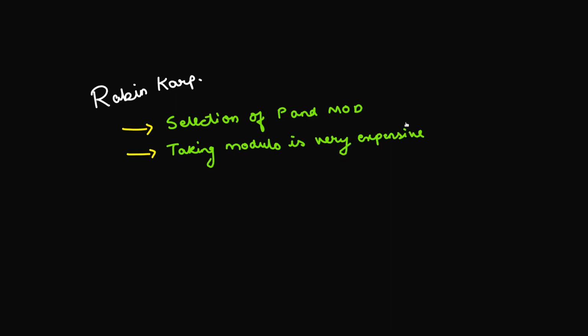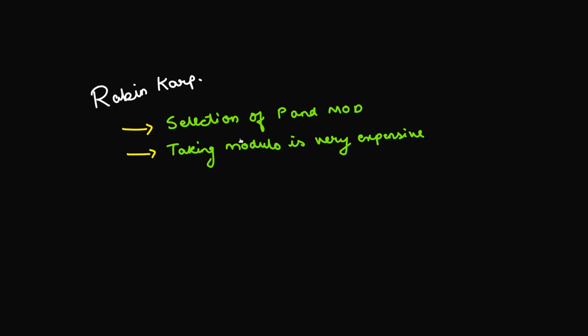The solution that I'll be showing you here is one in which you will not have to take mod at all. When I first came to know about this solution, I was completely mind blown that there exists a solution where you are using the Rabin-Karp technique, but you don't have to take any modulo. The main reason for that actually revolves around the way numbers are stored in your computer.